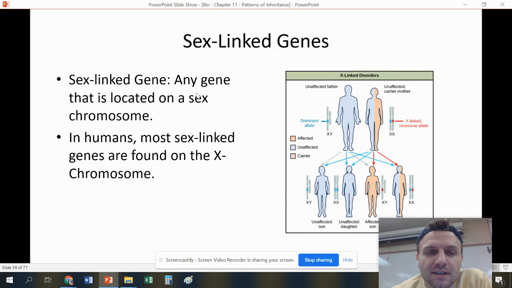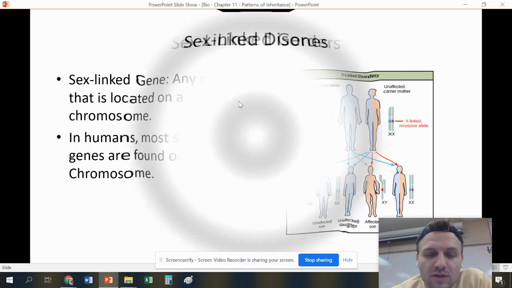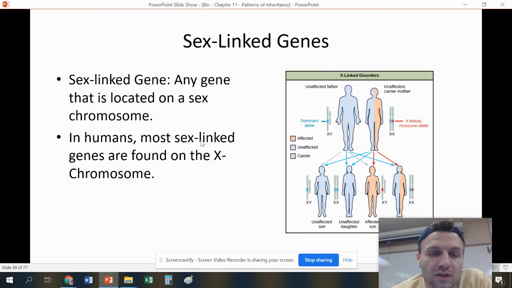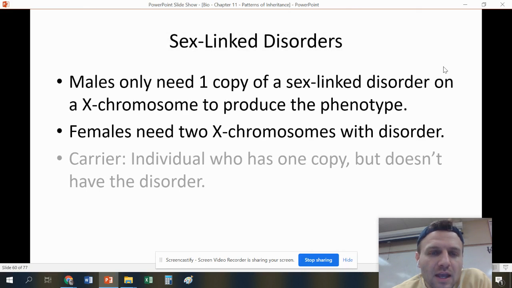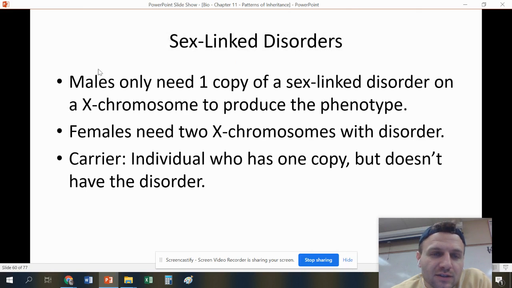So again, any sex-linked gene is just any gene located on the sex chromosomes. In humans, most sex-linked genes are going to be found on that X chromosome, just like I was saying. There's just more genes there. Now, when we're talking about these sex-linked disorders, males typically get them more often than females because if